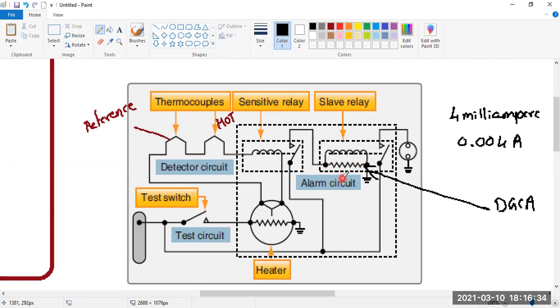You'll also find that there is a test circuit. When we did the requirements of the fire detection system, I told you one point. There should be a means of electrically testing the detector from the cockpit. So in the cockpit, I told you that there is a test switch. A person, that is a pilot or anyone testing the fire detection system, will just push this contact. When the contact is made, electricity will go into this heater. The heater will produce a high temperature. Again, the reference junction, and this will become like a hot junction. Electricity is produced, and the entire circuit will be tested.